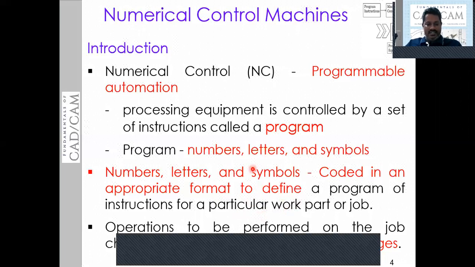Code of instruction is connected to the machine to control. When the operations to be performed on the job change, the instructions also change. That means when the operations to be performed on the workpiece change, the program of instructions also needs to change.